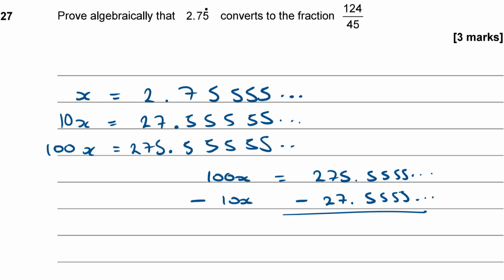Well, 100x take away 10x is 90x, and you can see that these are going to cancel, so we don't have to worry about all the recurring 5s now. And 275 subtract 27 gives me, what's that, 248, isn't it? 248. Okay, so then my value of x, just dividing both sides by 90, is going to be